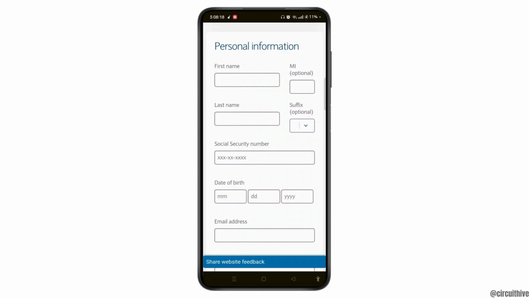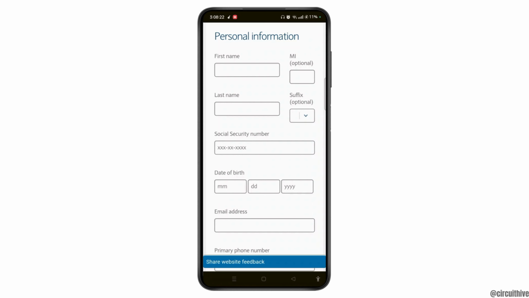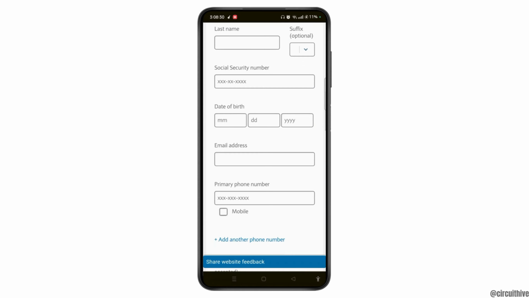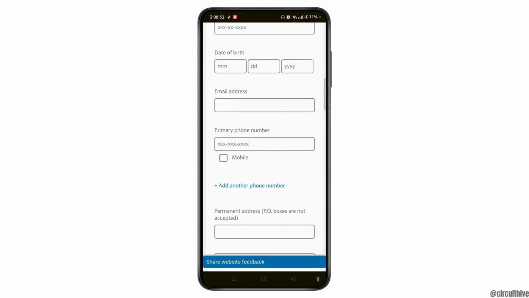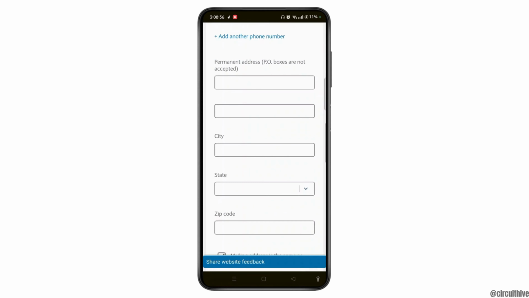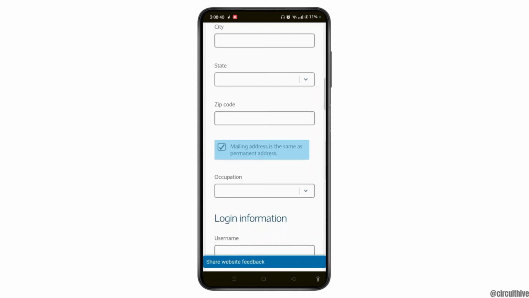When you scroll a bit down, you will see the personal information that you need to fill up: your first name, MI, which is optional, last name, suffix, that is optional, social security number, date of birth, email address, primary phone number. You can add another phone number, permanent address, including the city, state, zip code, occupation, and your